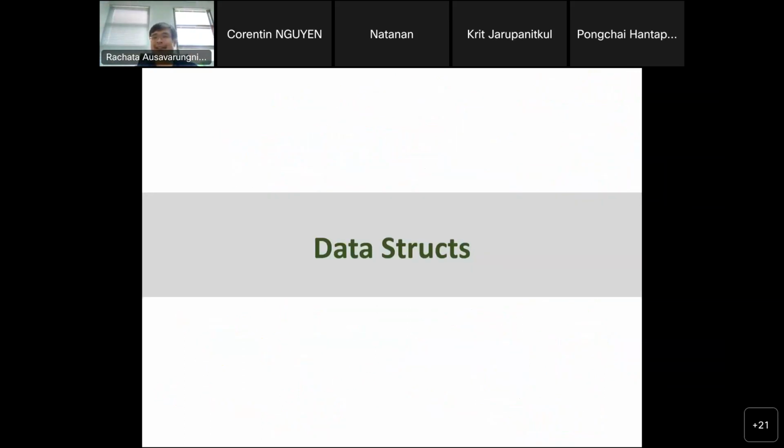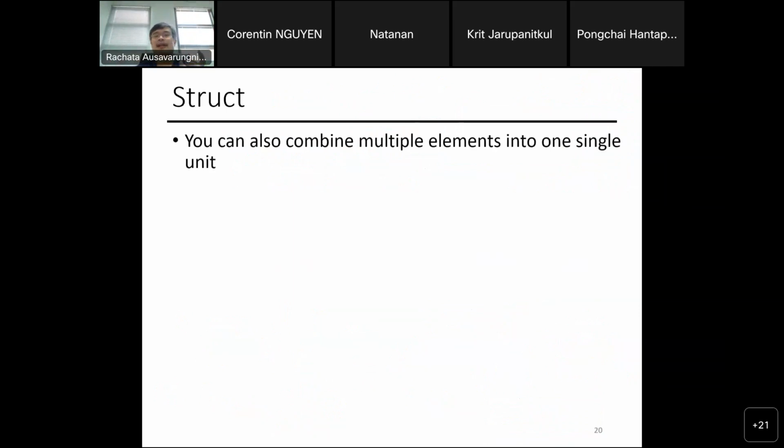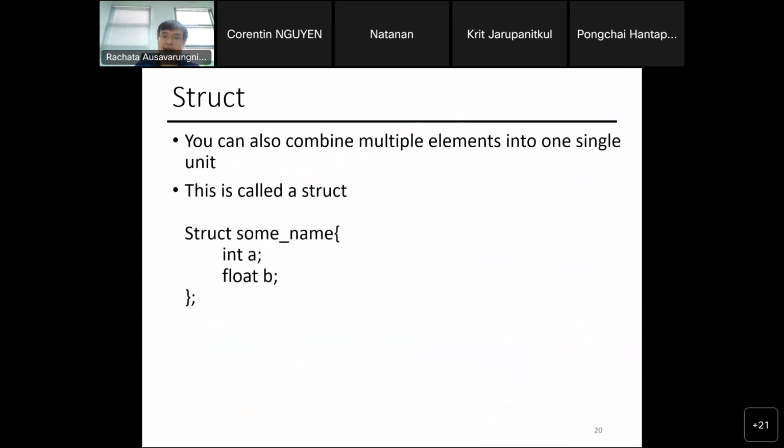All right, so now I've gotten sidetracked again. That's my thing. Before we take a break, let's talk about data structs real quick. Let's say you want to combine multiple types of data, for example an int and a floating point. You can use a struct in order to build this particular type of data. So to use it, this basically creates a struct that has an integer and a floating point,